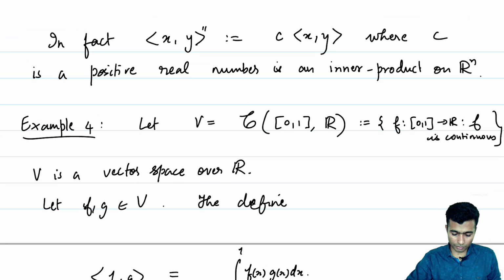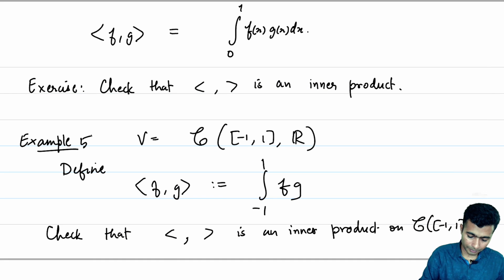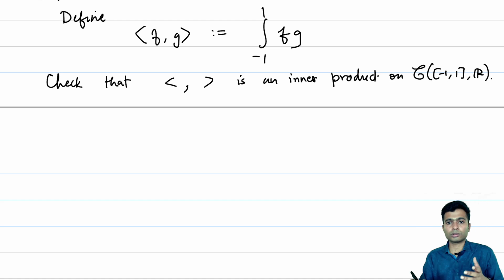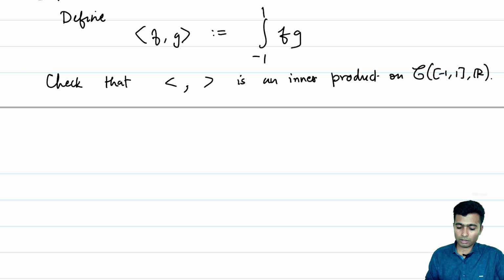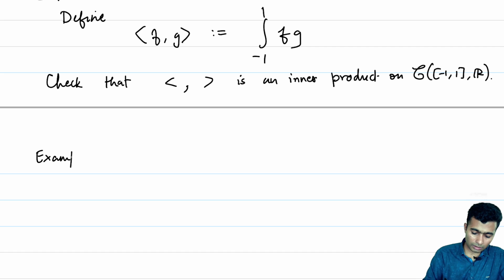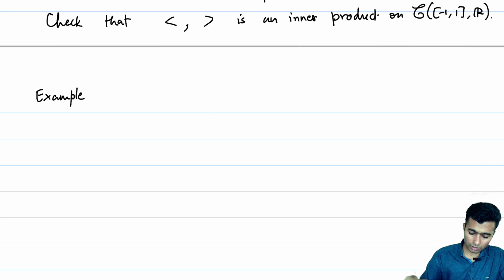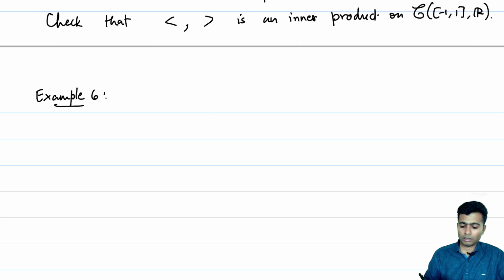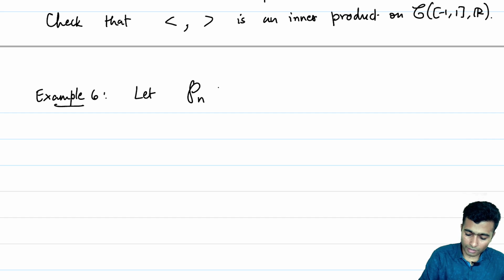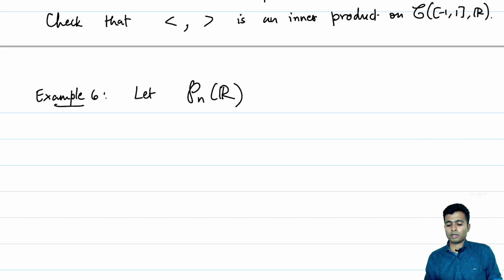What is this number of example? This is example 5. Okay, let's now look at example 6. Again, this is also an example with the field of scalars being R. Oh yes, let's consider Pn of R. Let V be equal to Pn of R.